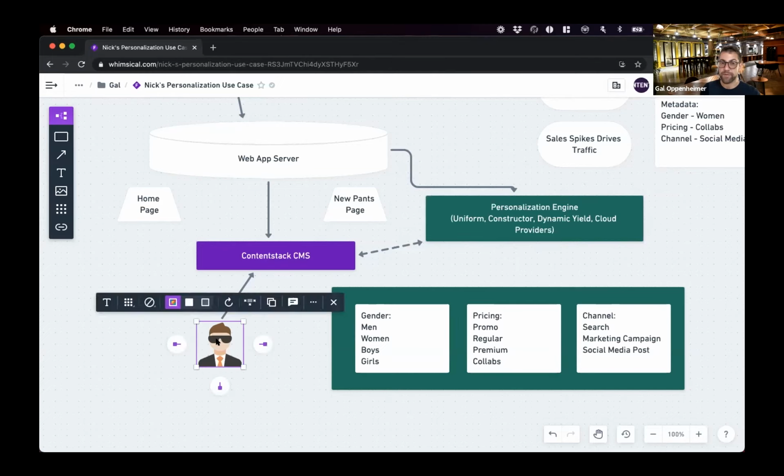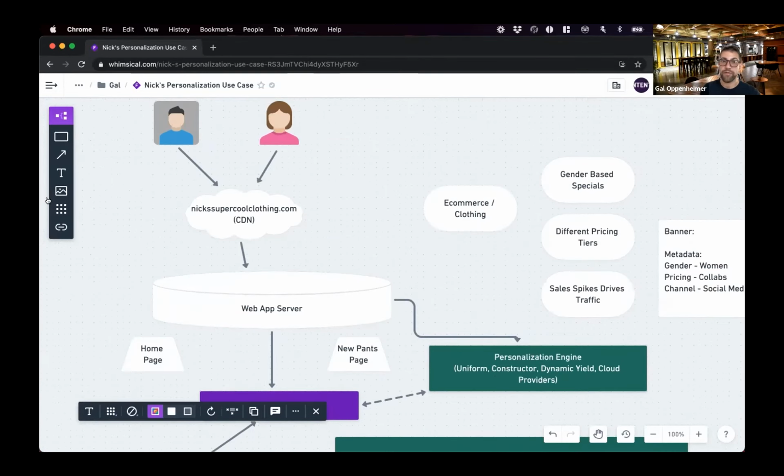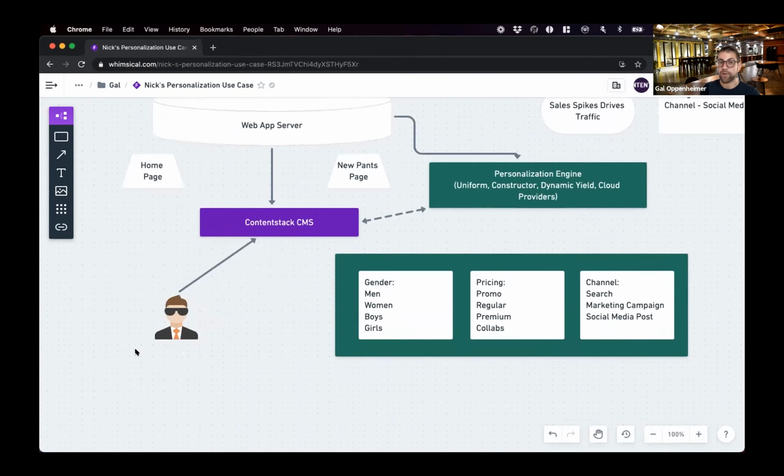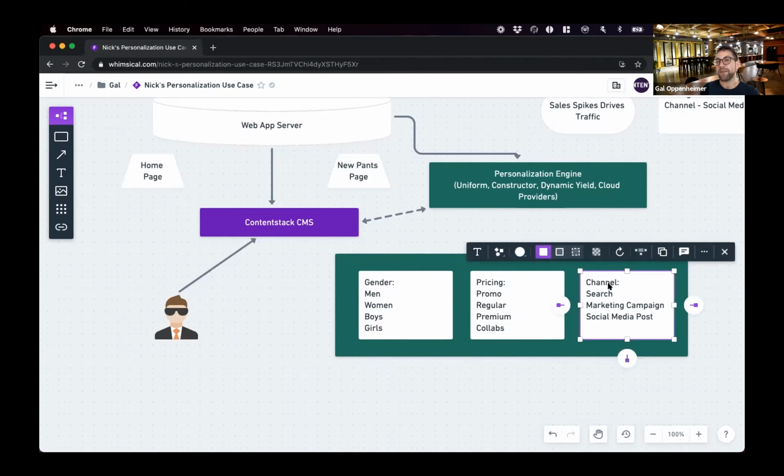But what's nice about this, that's a technical detail that the developers understand and think about. All this stuff up here is all magic that a developer understands. But Nick, when you're updating your content on your website, you don't need to know or think about all this. You're just going in, pulling a banner in, you're going to upload an image, add some text to it, and then pick from these different drop downs. You don't have to think about what happens afterwards. Okay, yeah, that makes it sound really easy. Awesome. Thanks for showing me that.